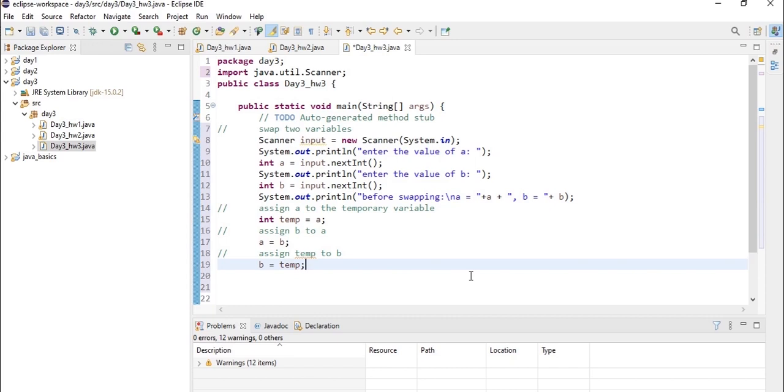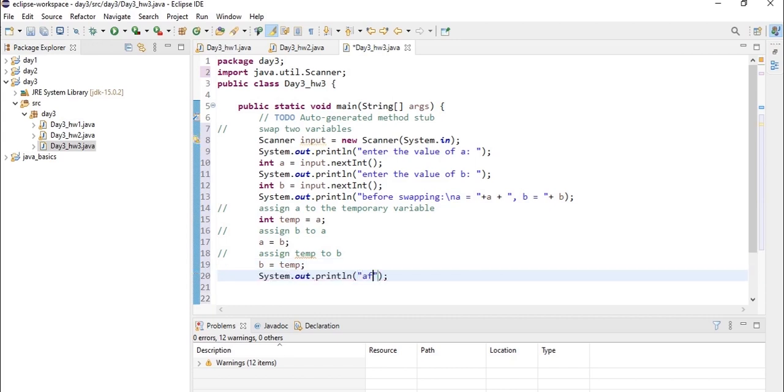Now let's print it out to the screen, that is, "after swapping", \n to go to the new line, "a is equal to", let's concatenate this, and again "b is equal to".